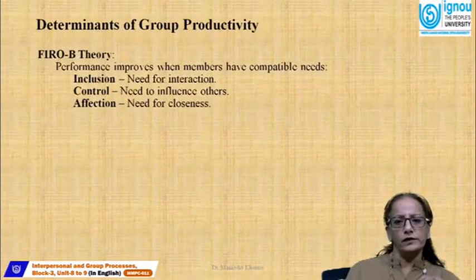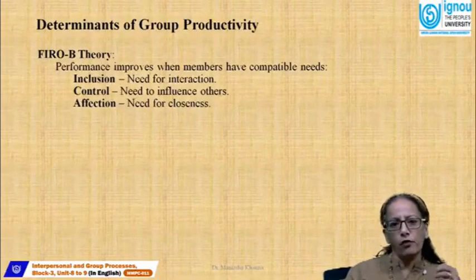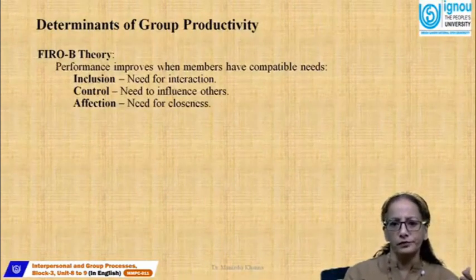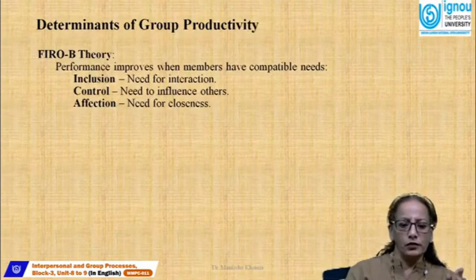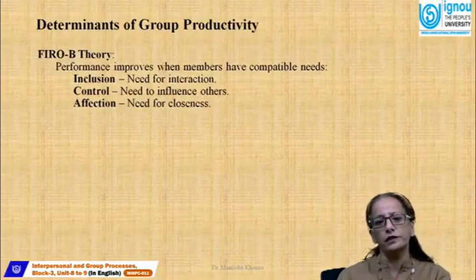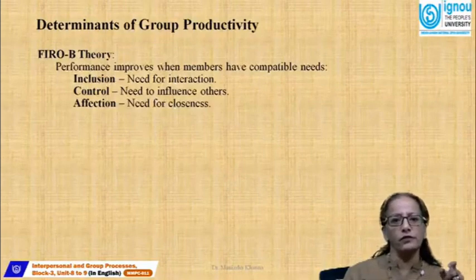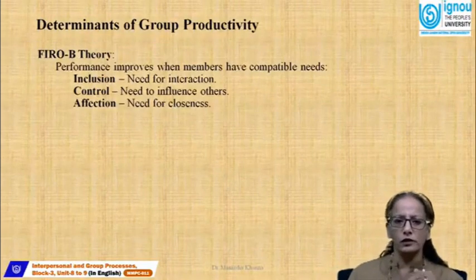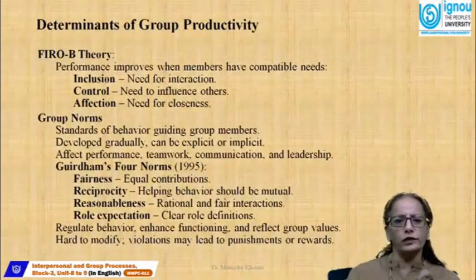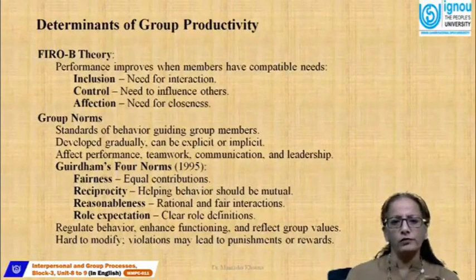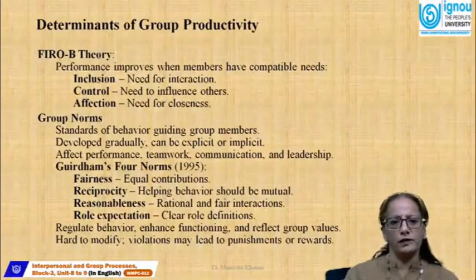The other determinant is given by the FIRO-B theory. This is when the performance improves when the members have compatible needs. The FIRO-B theory says inclusion is one factor, where the need for interaction is very important. Control is the need to influence others, whereas affection refers to the need for closeness. So they are the three needs mentioned by the FIRO-B theory, where inclusion, control and affection are required. Then the group norms are the standard behavior guiding group members, developed gradually, and they can be explicit or implicit